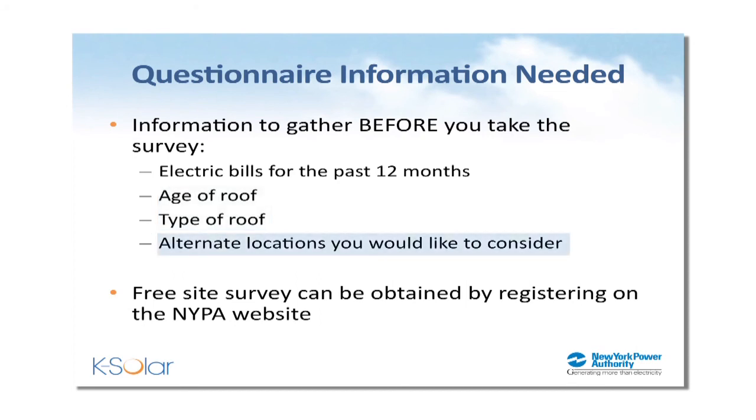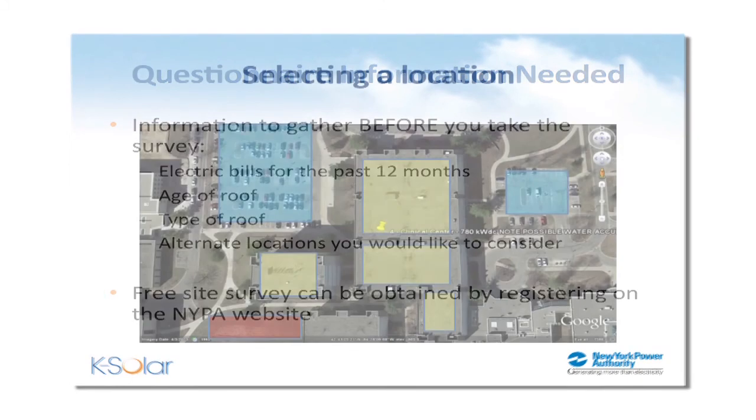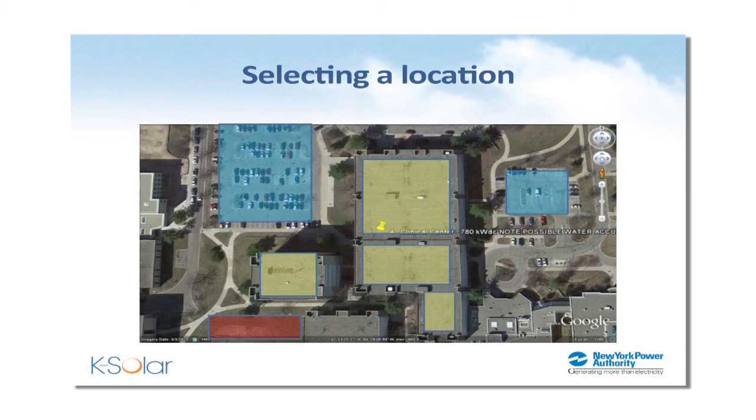We can also look at the alternative locations, such as ground-mounted solar or parking lot canopy solar. And we'll be providing you this free site survey, and you can register on our website to obtain these surveys. The first step is selecting a location. On the website, there's a tool. You can give us the coordinates for your roof or your parking lot or your open field where you want